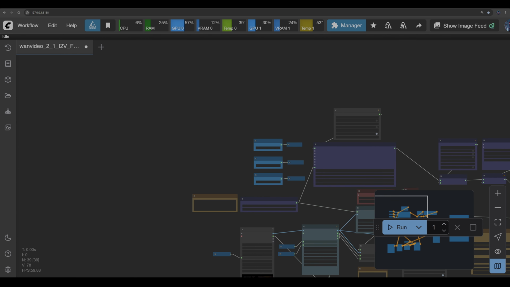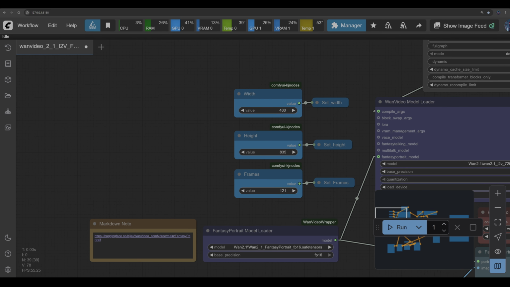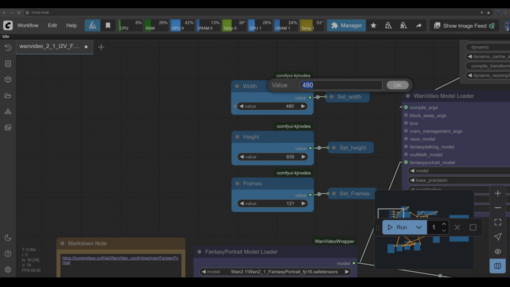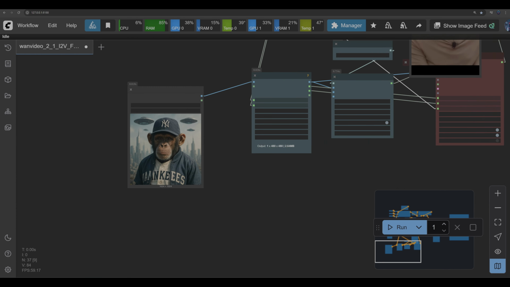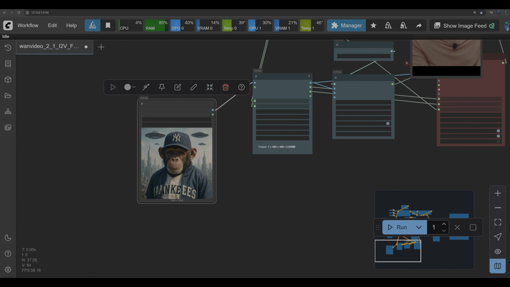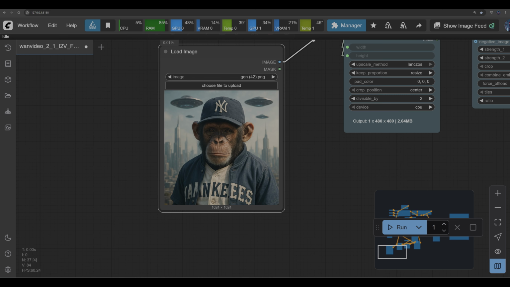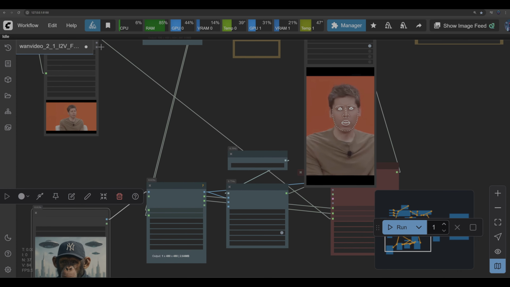So on the left hand side we have our width, height and frames. So you can select the sizes in here. I'm going to set it at an aspect ratio of 16:9 and set it to 121 frames. Let's load in a control video. So this control video will be clipped to 121 frames. I will show you later how we can generate longer videos, but let's load in an image and